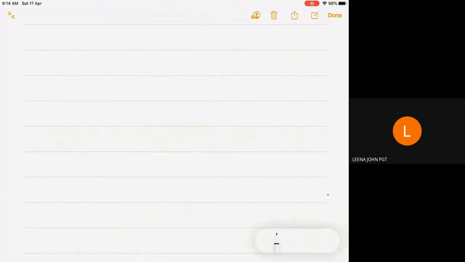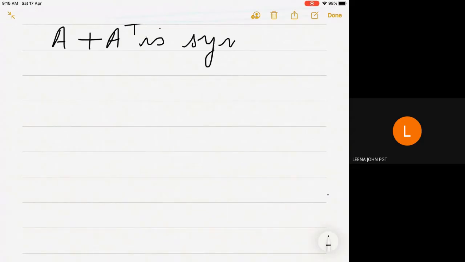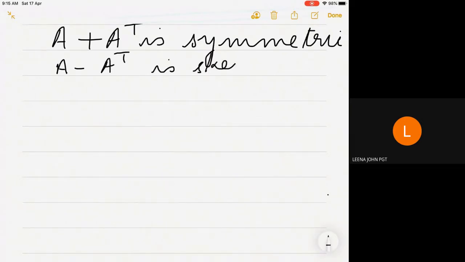Today's topic is the continuation of symmetric and skew symmetric matrices. We have already studied that if A is any square matrix, then A plus A transpose is symmetric and A minus A transpose is skew symmetric. How to prove this is,